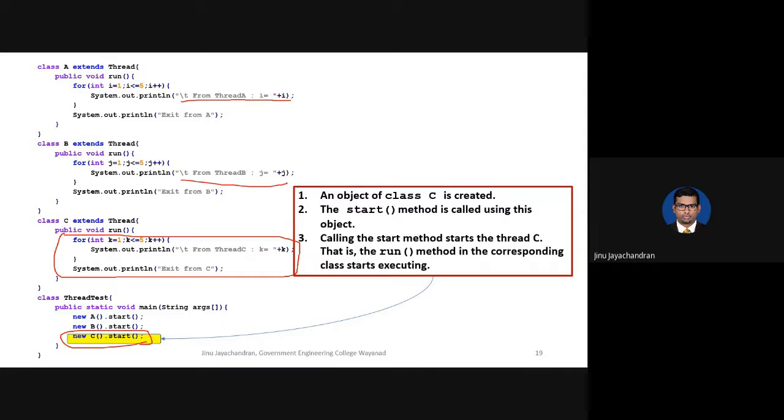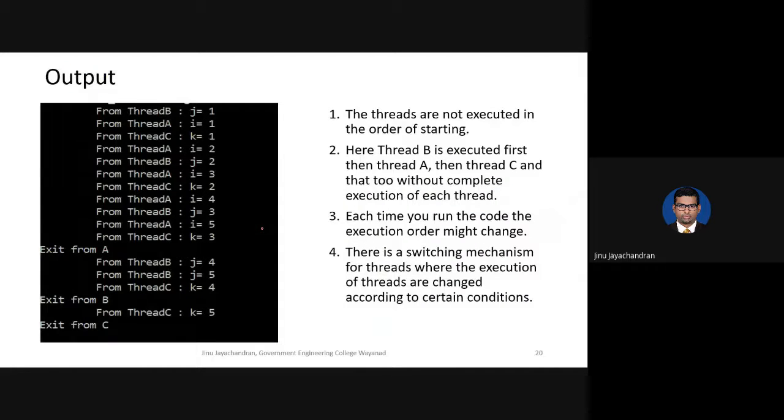If it is in thread B, from thread B, J is equal to. If it is from thread C, from thread C, K is equal to. So all these print statements will print. Now, if you look at the output, this is the output that is being printed when you run that